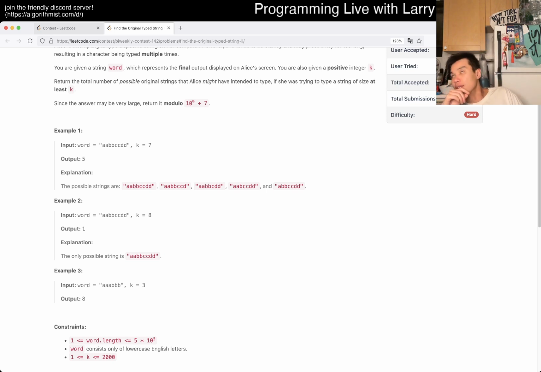Can I do a prefix sum on this? I feel like I should be able to do a prefix sum on this, but it's not exactly k though. It's at least k, so it's not always necessary.